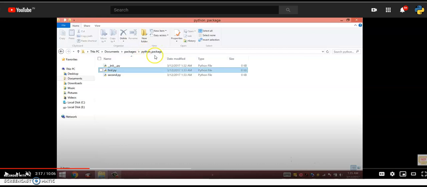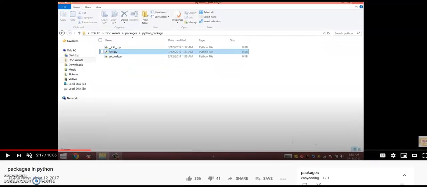Inside the Python_package, you create the first Python file, then the second Python file. Then you have to create the __init__, which is an empty Python file. Okay, I will show you how to create it.